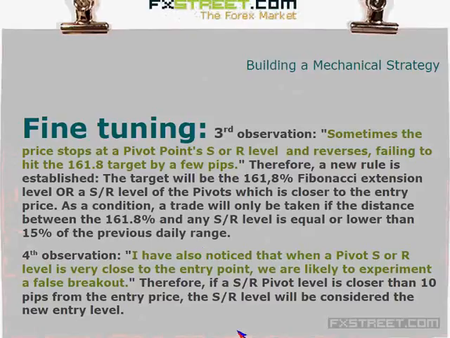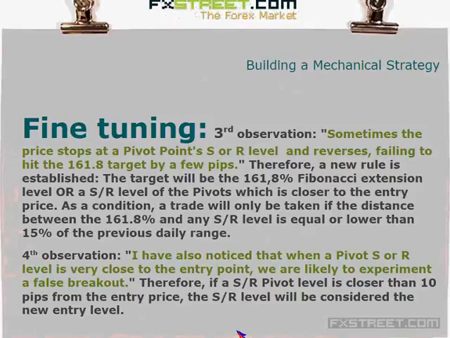Okay. Fourth observation: I have also noticed that when a pivot support or resistance level is very close to the entry point, we are likely to experience a false breakout. Sometimes there is a small breakout just to touch an important pivot level or support or resistance of the daily pivot, and price reverses because the orders were clustered there and not at the high or low of the previous day. Therefore, if a support of this pivot level is closer than 10 pips from the entry price,